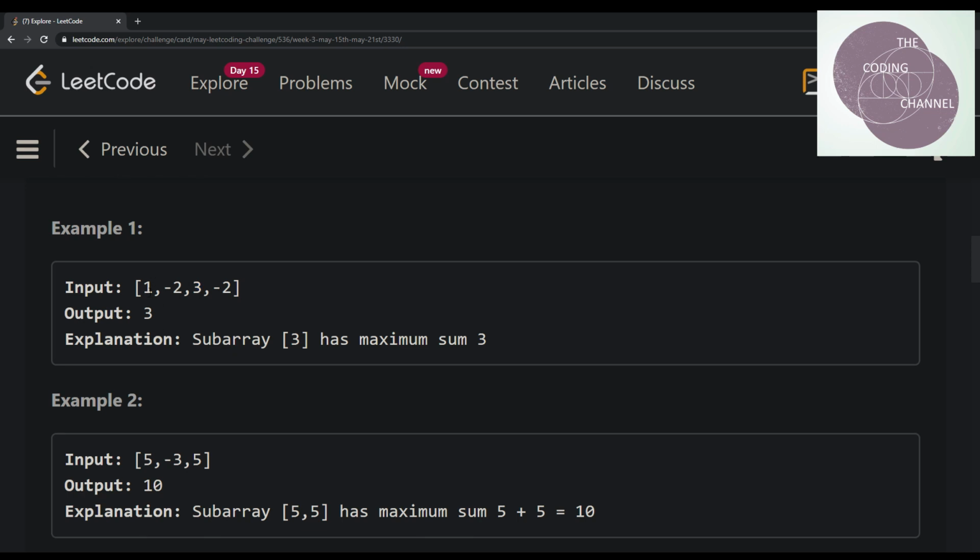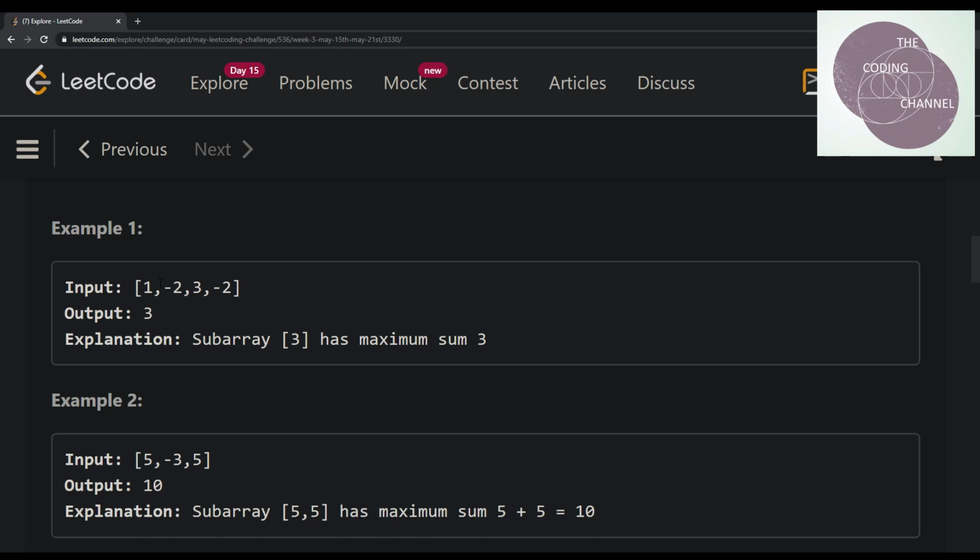when we start, we are going to take the first element, which is 1 here. Then this would be our maximum sum at the given point of time. Our current sum is also going to be 1. We move to the next element, which is -2. So -2 plus 1 is going to be -1, which is obviously less than the maximum sum.